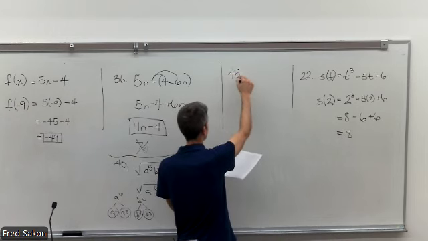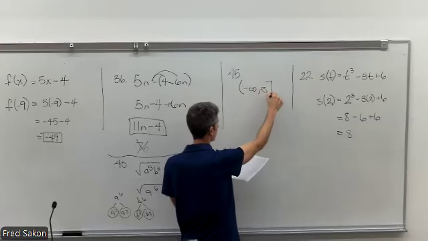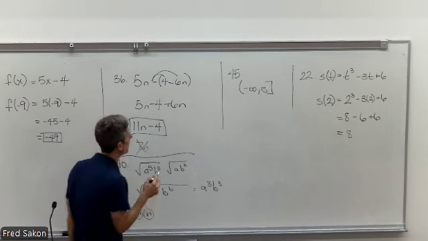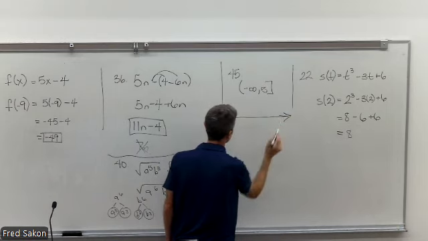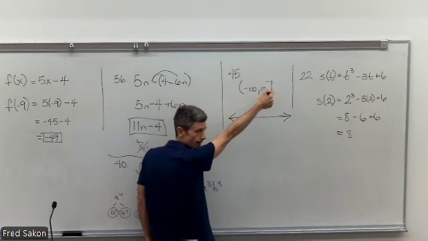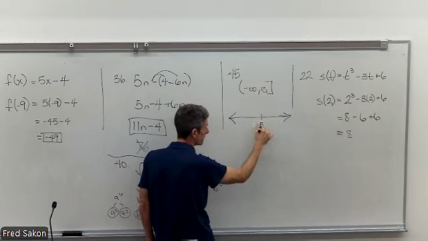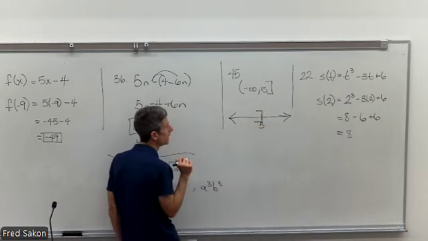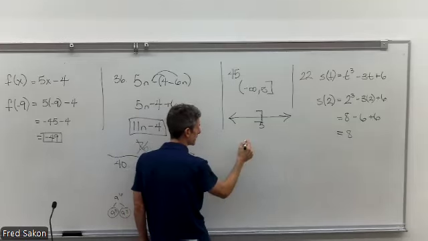Number 45 is to graph negative infinity to 5. We haven't practiced with the graphing tool a lot, but basically what you want to do if you're asked to graph something like this is to click on the square bracket option and place it on 5. Then there's a marker button. I think it looks like a